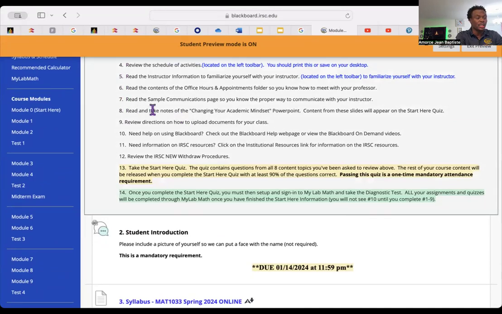You need to open and read through the Changing Your Academic Mindset PowerPoint. This is very important, and most of the questions of your Start Here quiz come from this. I'm going to be very honest.